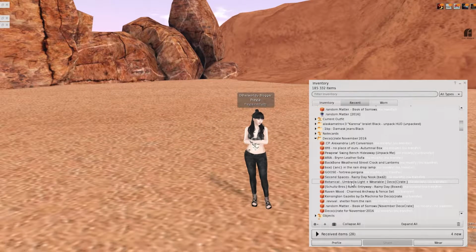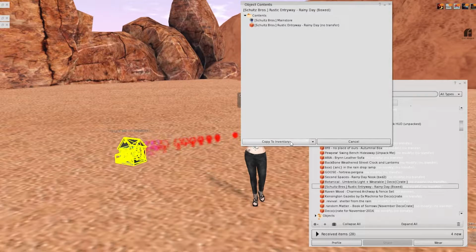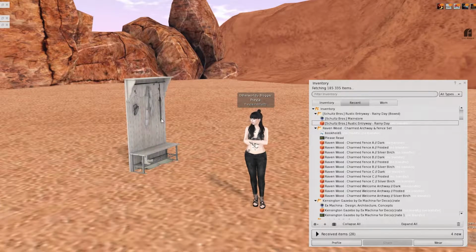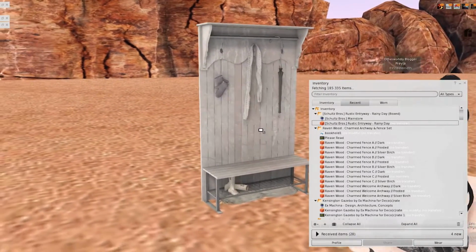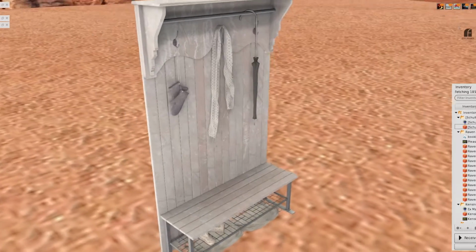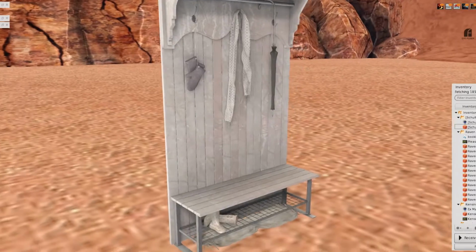Back down to the list we go, and we have Schultz Bros rustic entryway. And we have a little house, and that gives us our items. Get that rezzed out. And this is for your hallway, getting ready for autumn or winter with umbrella and scarf and mittens and rain booties. Seems like what you'd need for a Swedish autumn, and the style is sort of nicely Nordic with the wood as